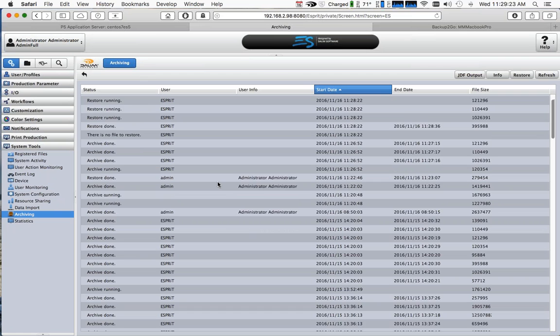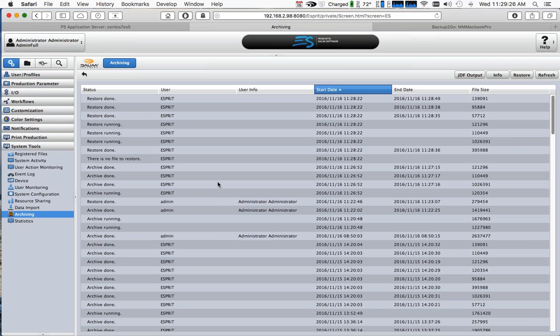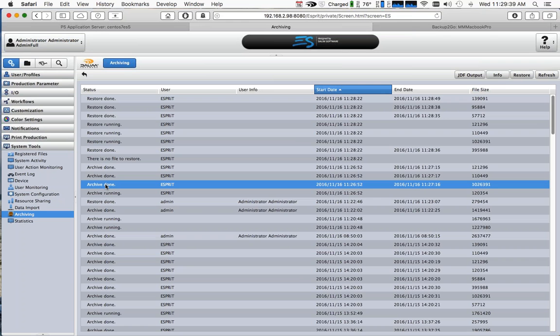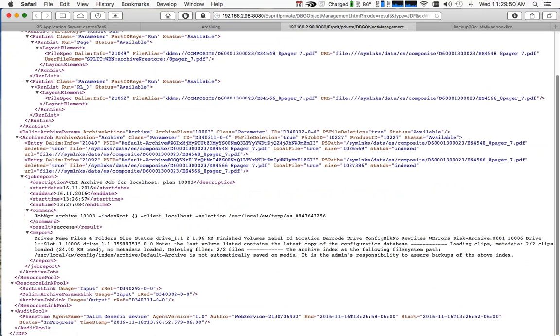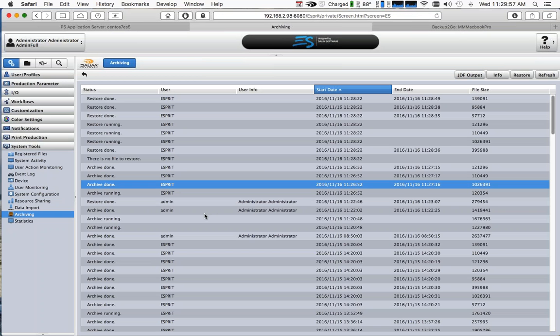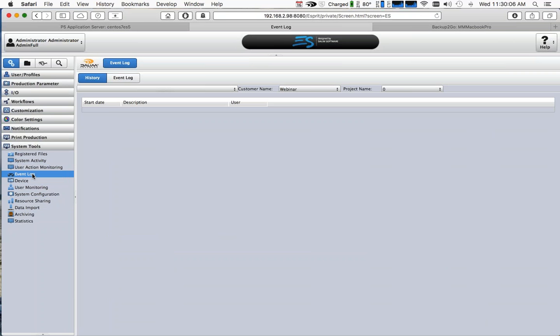The utility of it, frankly, I'm not really thrilled about at this point, because I think it's a pretty bare bones set of information that it gives us. It tells us that a file was archived and it's done, and the info is fairly limited. There's the file name and that it got restored and all that kind of stuff. If you're so inclined, you can always read the whole JDF output. But I'm not sure what it provides us is a lot of really great information. It's just as easy to still go into the event log,